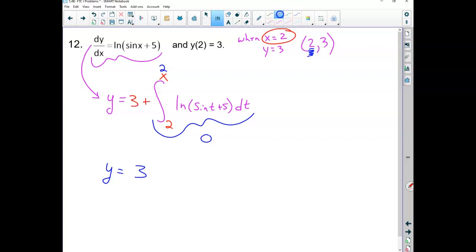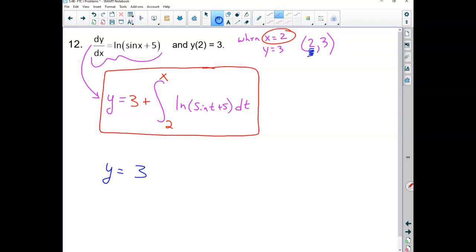Just like that. It's going to add a 3. That's my initial condition, and I'm just adding it to my function. This is what I need it to equal when it comes out. I can define this function as an integral just like that. Notice, when I'm doing a function defined as an integral, my x always goes on top. The x value that they give me